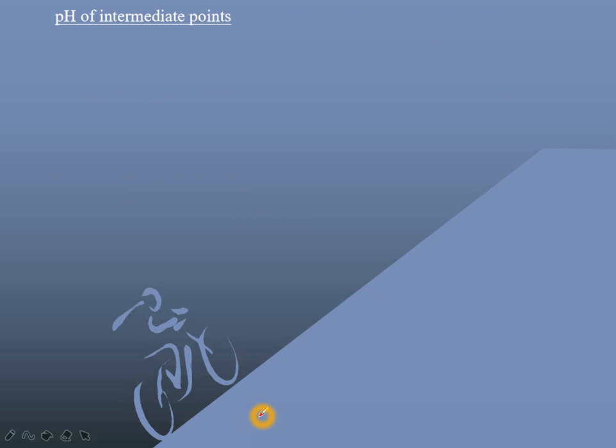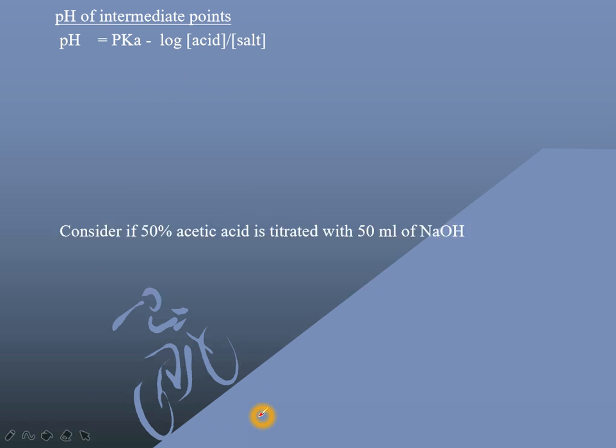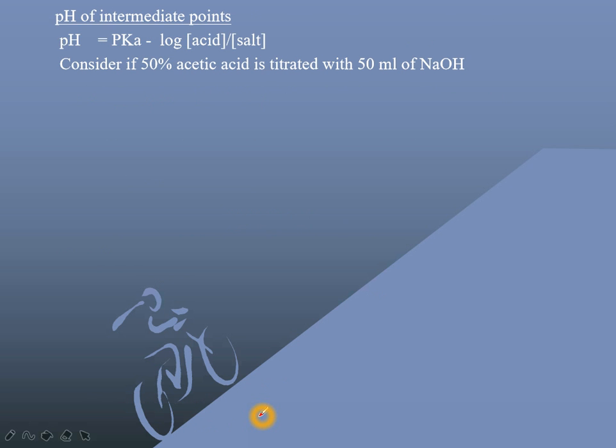Next is the pH of the intermediate points. pH is equal to pKa minus log concentration of acid by salt. Consider if 50% of acetic acid is titrated with 50 ml of sodium hydroxide, then pH is equal to pKa minus log concentration of acid by salt. So 50% of acetic acid is titrated, so the concentration is 50 divided by 50, we will get